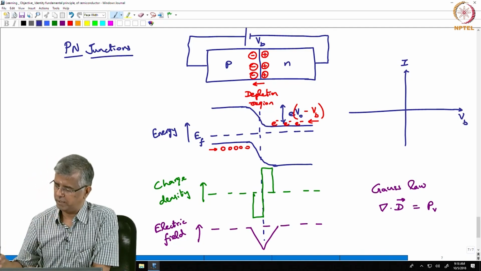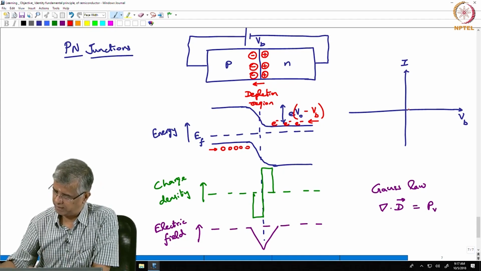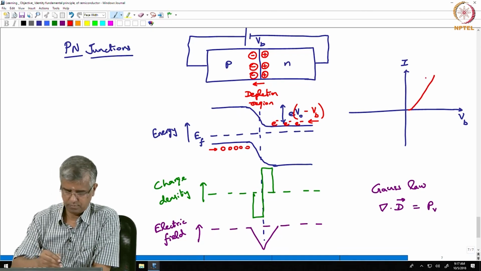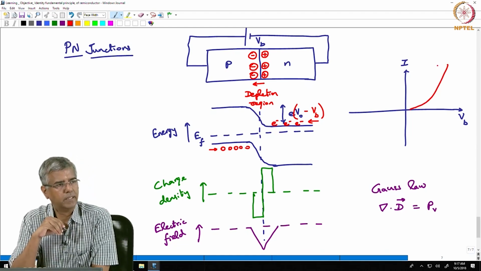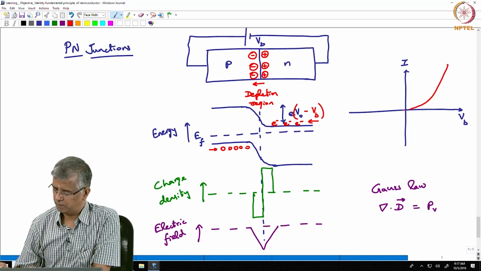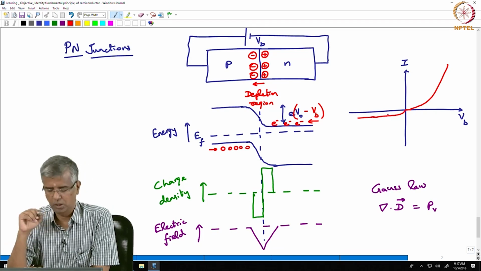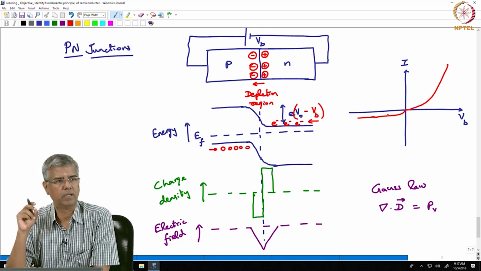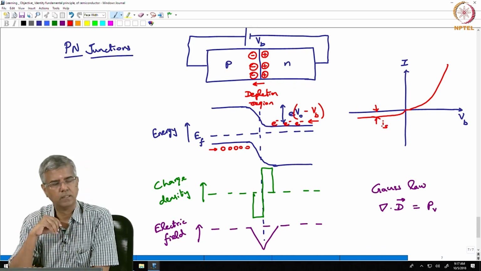And what we will see in this case is under forward bias conditions, beyond a certain built-in potential, you have an exponential increase in the current, and on the reverse bias you should not see much current flow, but nevertheless there will be a very small current which may be called IS, okay,